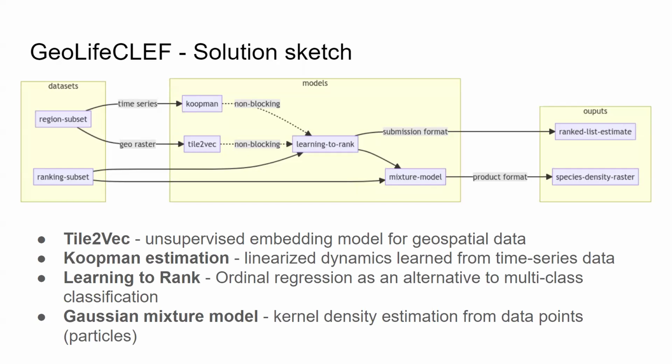We had 20 years of satellite imagery. Could we find a way to estimate how the state changes from one to another? Learning to rank was that ordinal regression re-ranker. Gaussian mixture models are useful for actually building out density estimation. But anyways,